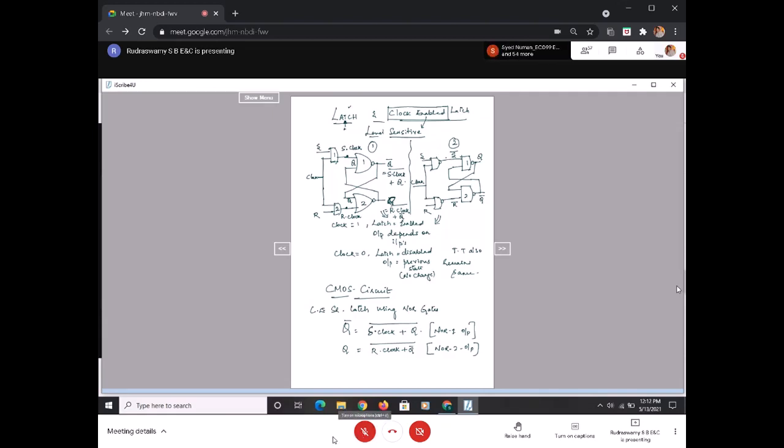Yes, sir. And now can anyone tell me in what form these two expressions are? Looking into the expression itself, we should be in a position to tell what form these two expressions are in. These two expressions are in the form which I call AOI.